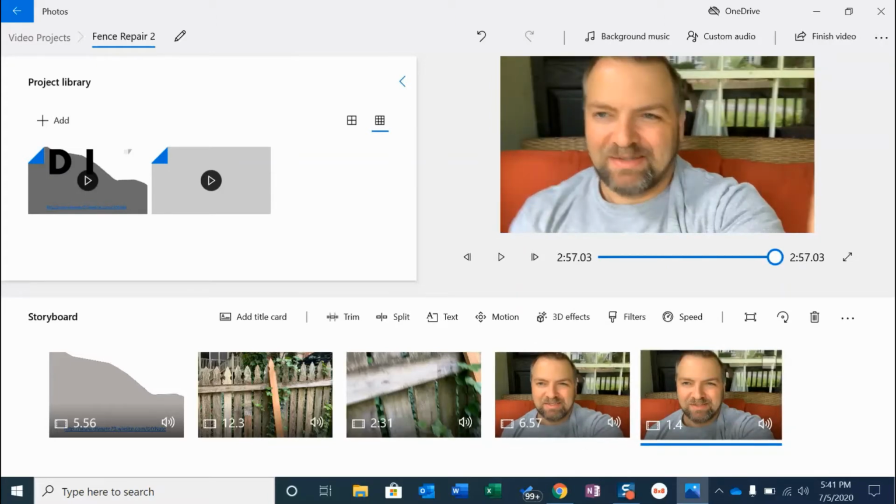If I wanted to delete this, I could simply click on it and click delete, and I'd be good to go. I'm not going to do that because I actually think I want to keep that. But you can see how I've built that. Now, a couple other things we can do here. There's a lot of other features, and I'm not going to get into all the details, but I will add